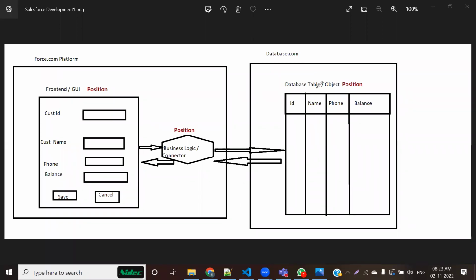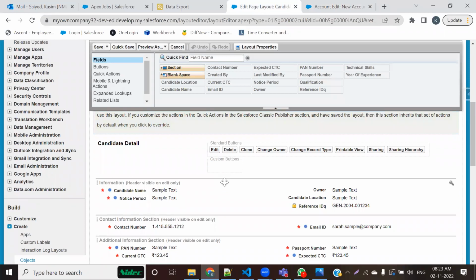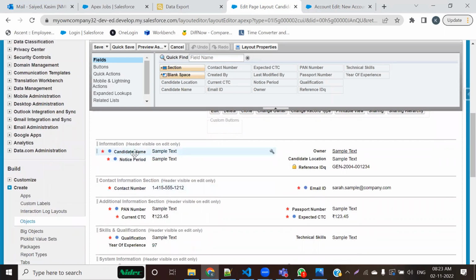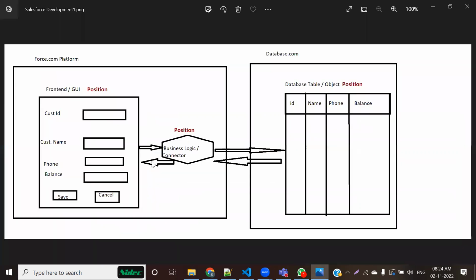तो अब क्या होता है, ध्यान से सुनो, ज्यादा वक्त नहीं है अभी मेरे पास में। When you make a field required from the required checkbox, अभी आधा डिस्कशन हुआ है, आधा कल ही ले पाऊंगा। ये वो सारी फील्ड्स हैं, तो वो इकट्ठे दो जगह पे मैंडेटरी होती है। एक तो आपके पेज लेआउट पे रेड स्टार, पेज लेआउट एंड ब्लू डॉट डेटाबेस टेबल। When you make it on layout only, उसमें सिर्फ रेड स्टार आता है। तो अगर मान के चलिए कॉन्टैक्ट नंबर एक ऐसी फील्ड है जो सिर्फ पेज लेआउट पे मैंडेटरी है, पासपोर्ट नंबर मैंडेटरी, करंट सीटीसी ये सिर्फ पेज पे मैंडेटरी है। When you are creating data from the user interface, ये फील्ड मैंडेटरी अपीयर होती है।